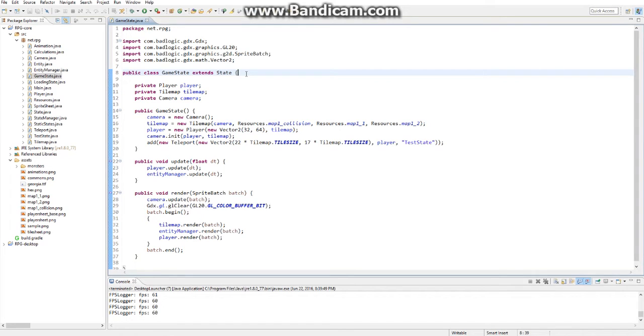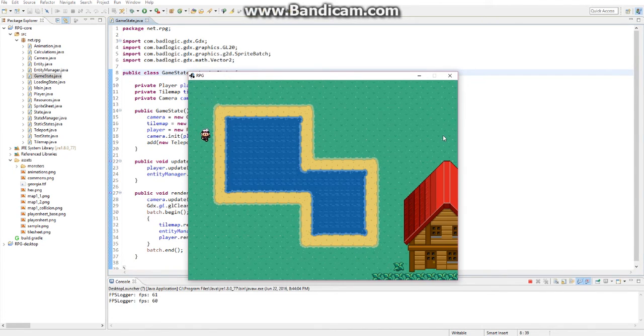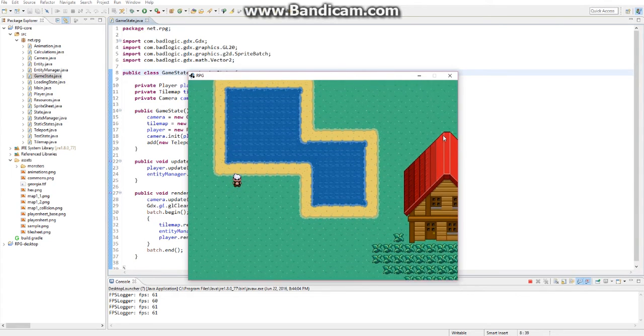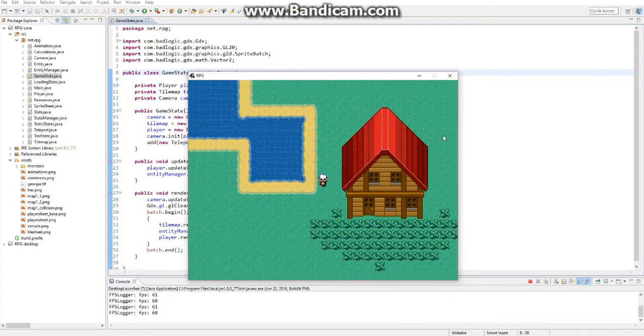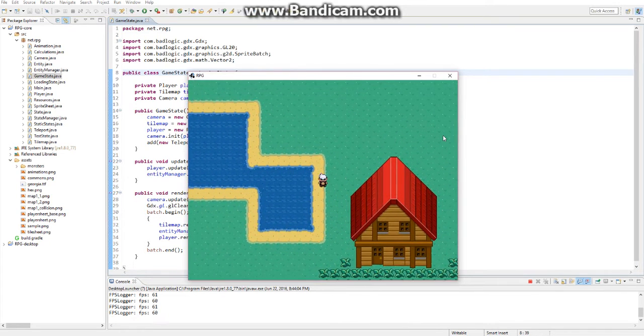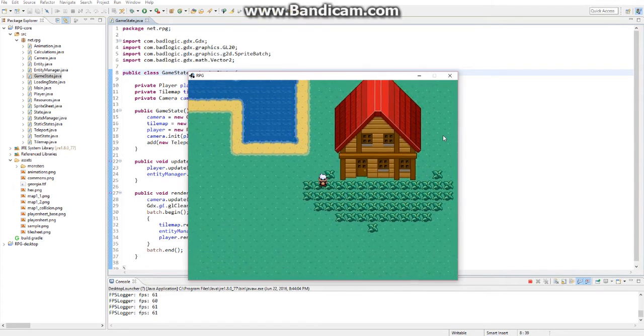Hello friends, so this is a little devlog for a game I've been working on for the past 3 days. Well, I guess it's better just to load it. So it's gonna be a kind of Pokemon style game. As you can see, I have Brendan from Generation 3, and yeah, so nothing really big, it's just a simple